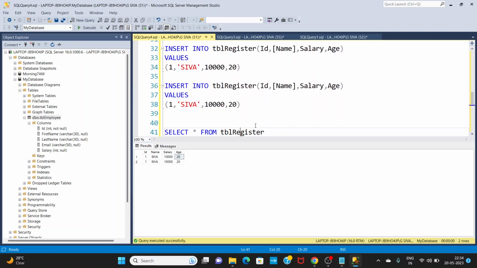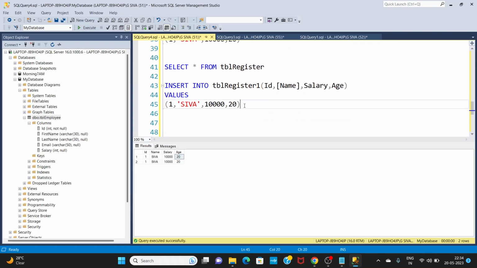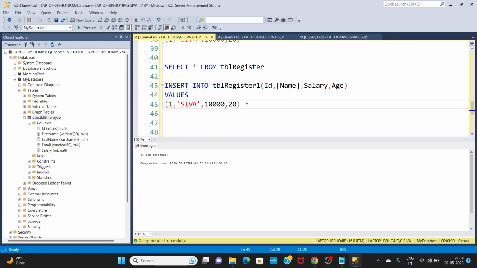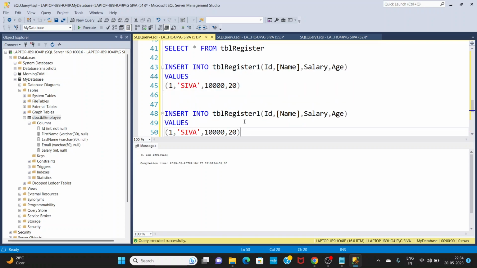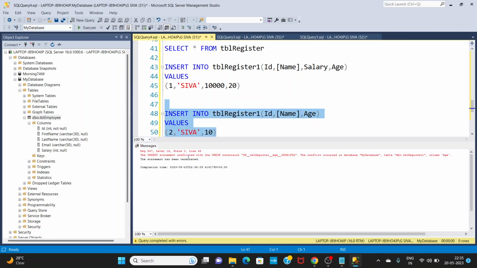Now, coming to the second table, I'm inserting the first record. Execute. Record executed successfully. And come here, one more record I'm inserting. Here, I'm removing this salary, and I'm removing salary here. And the third column is age, right? I'm giving 10. Now execute this query. Now I'm getting an error